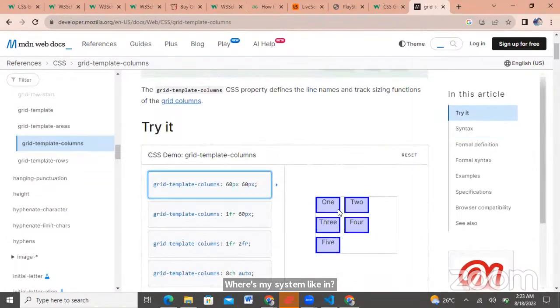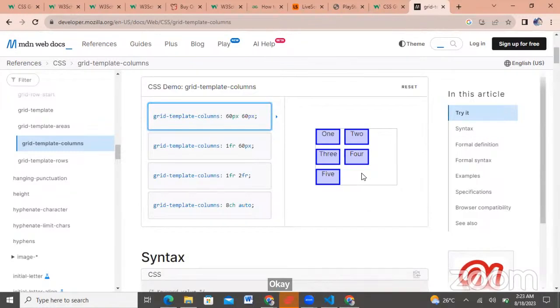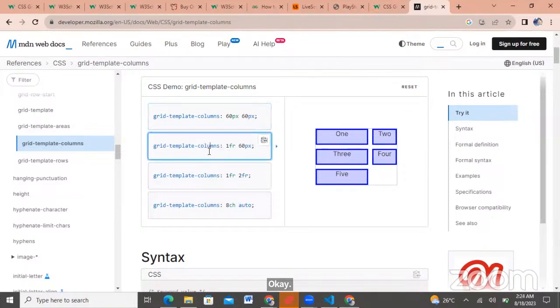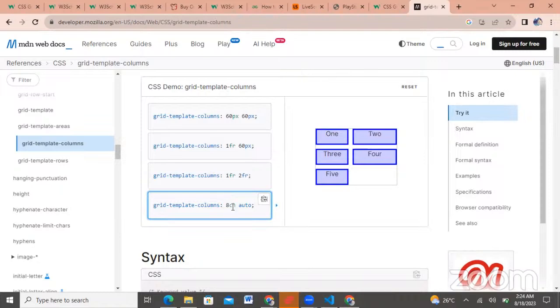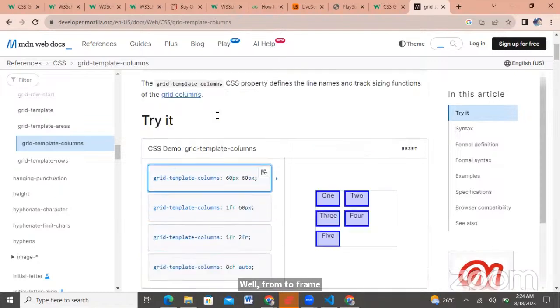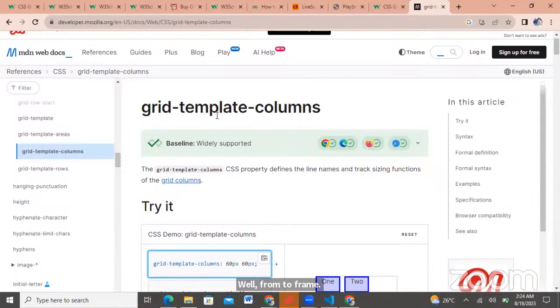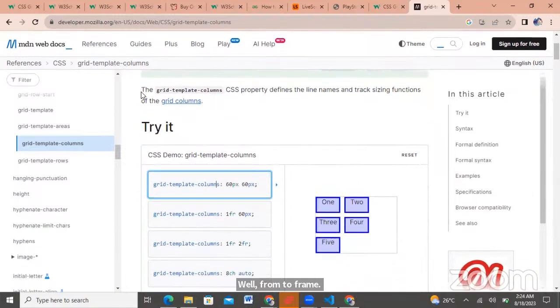Okay. One frame, 2 frame. So the grid template columns property defines the line names and track sizing functions of the grid column. Okay, so this is a grid column with,